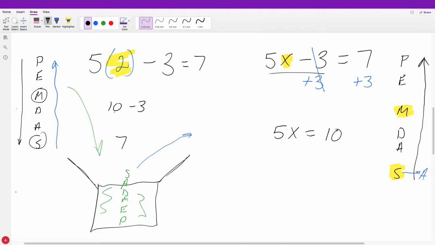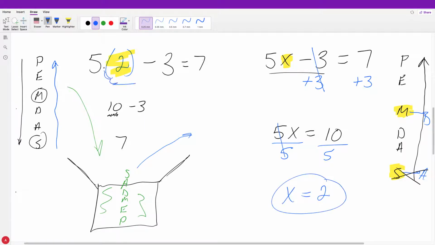So you see, we're now at this part here where we got that 10. Now I say, okay, I did my subtraction, so I can cross that out. All I'm left with now is my multiplying. It is good, I think, for you to write out your PEMDAS and highlight. The inverse of multiplication is division, so I'm going to divide each side by that 5. They cancel out, show your work. x is then equal to 2, which we knew it was going to be because we originally wrote this problem